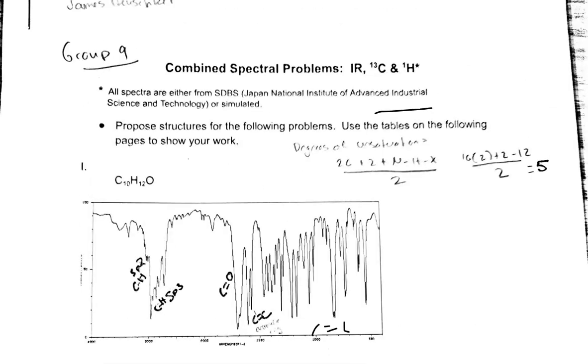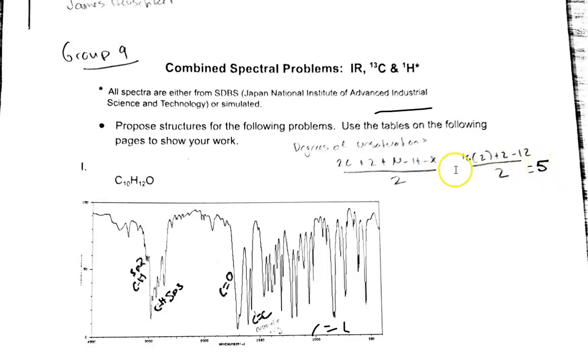Hello, so for my combined spectral problem, I have group number 9 with the formula C10H12O. First, I started by calculating the degree of unsaturation. The formula for this is 2C plus 2 plus N minus H minus X, for halogen. There's no nitrogen, there's no halogen, so it's just minus hydrogen. So it's 10 times 2 plus 2, and then minus 12 hydrogens, divided by 2, equals 5 degrees of unsaturation,